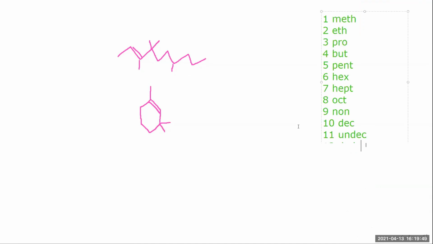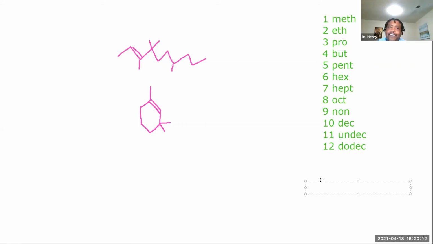What is wrong with mine? Oh, quick question. When you're naming it, would you name the bond first or the branching carbon first? Or it doesn't matter. I think branching, right? I would put the branches first because it's what we did for the other ones. Yes, branching comes first. Then you bring in the number of bonds. That's a good question.